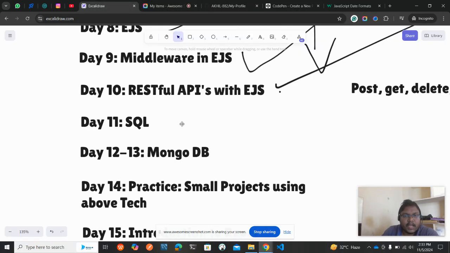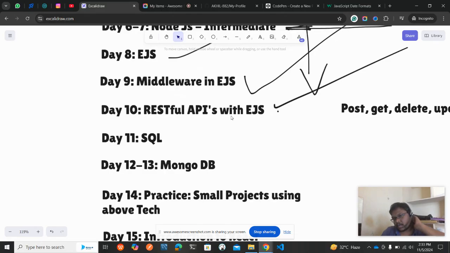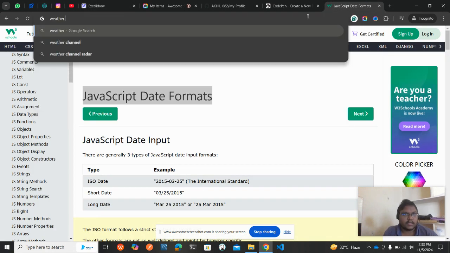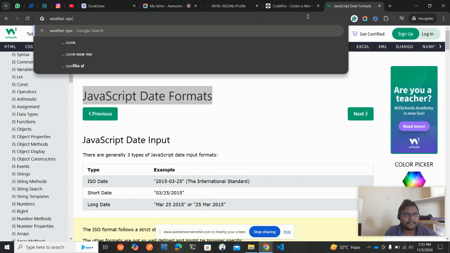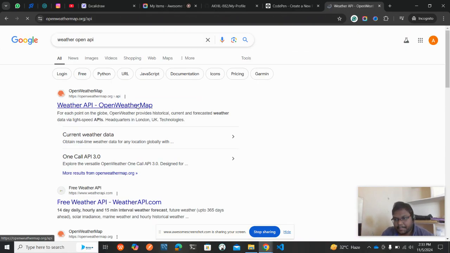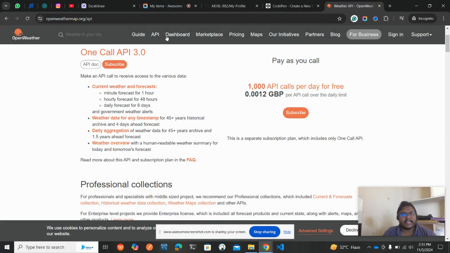Okay, fine. And then once you complete all this Node.js, EJS, middleware with EJS, and RESTful APIs with EJS, then after this you will be in a position to get the data from real world APIs. Now, you'll be writing locally and getting the data. What you can do is directly build small projects using a weather open API. So go to Google, type any open APIs that you find online. Okay, you just need to generate an API key,